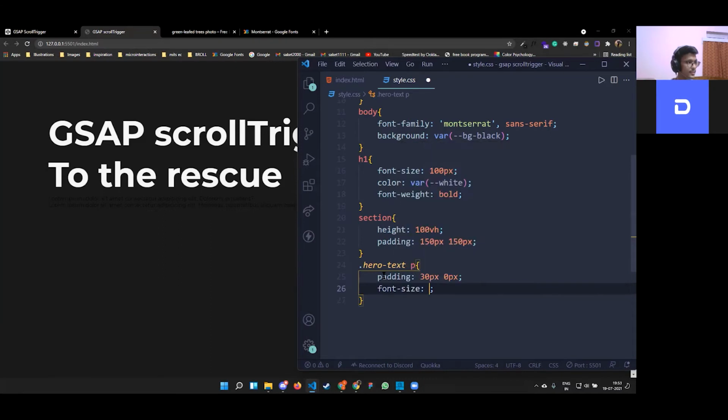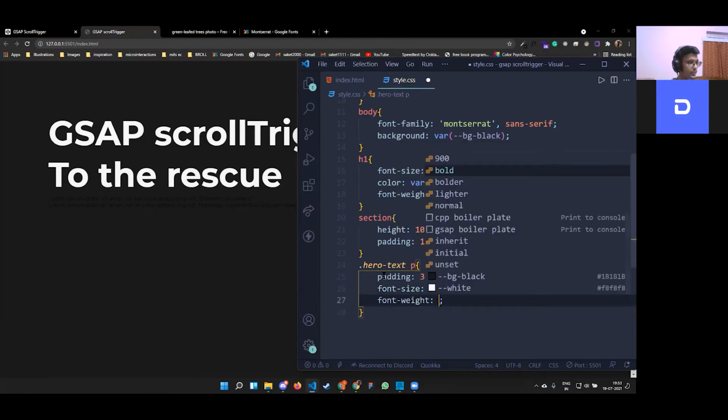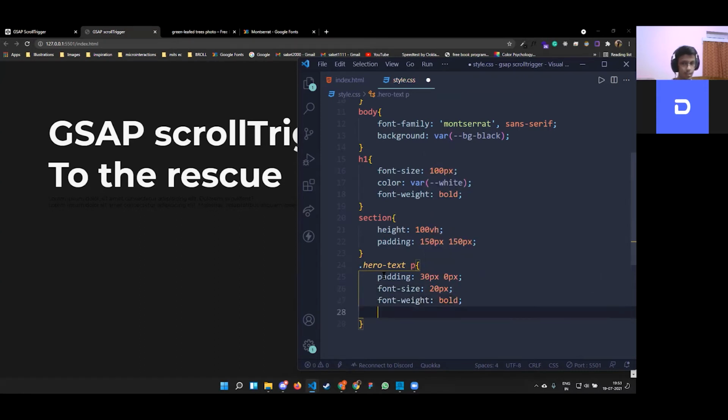Then font size is 20 pixels. Font weight is again bold. Then color is white. Then we have